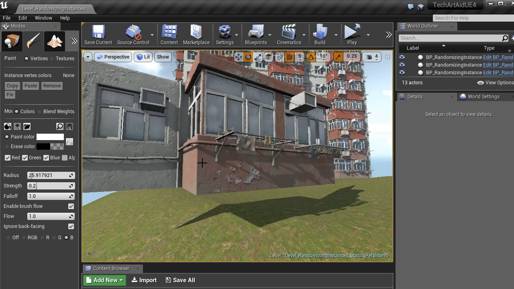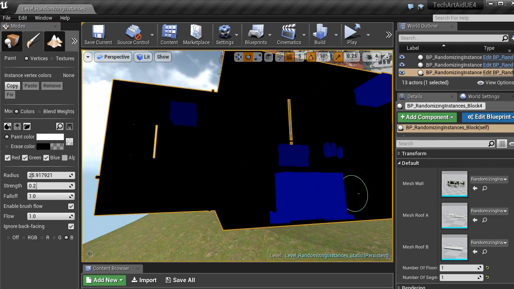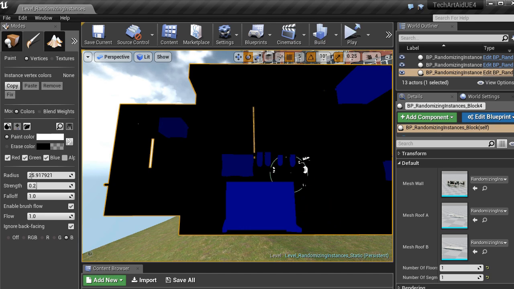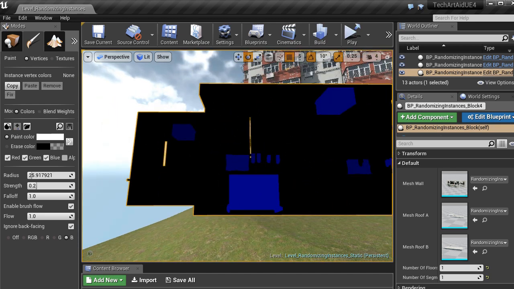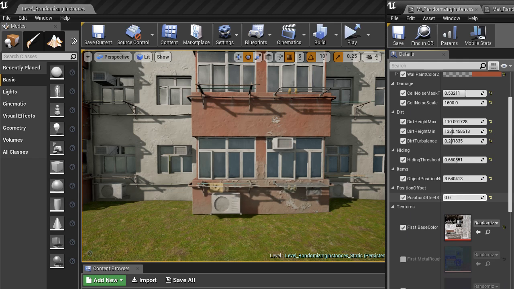And the blue vertex color channel is used for randomizing, or rather for adjusting the offset in the x-axis. So the darker the color, the less the object will move on the x-axis. It's controlled by this parameter in the shader.